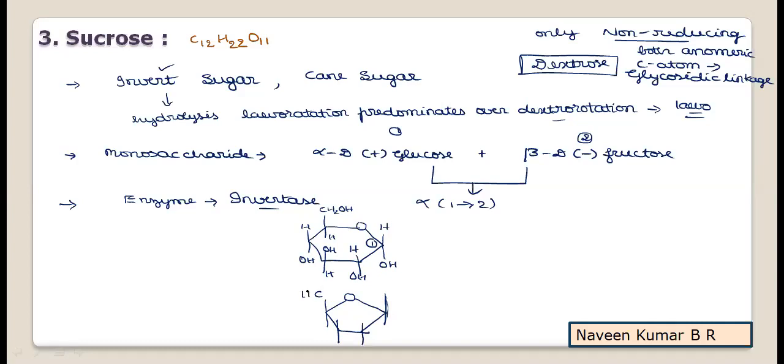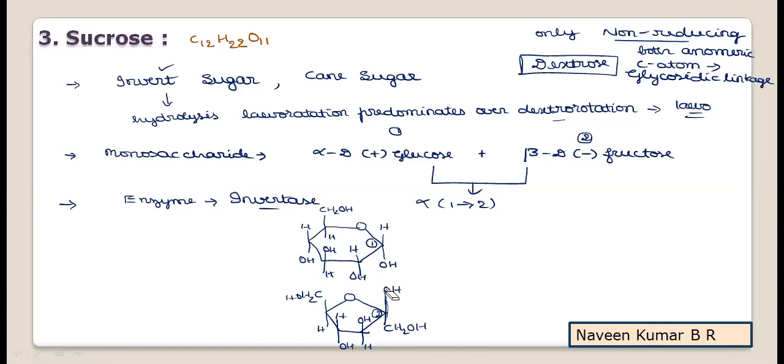So it is CH2OH, H, then it is HOH, then OHH. Then, as it is beta, the OH is above and the CH2OH below. As it is the second carbon, the first carbon starts from CH2OH. You can easily remember. So once you write the monosaccharide structures clearly, then go for showing the linkage.